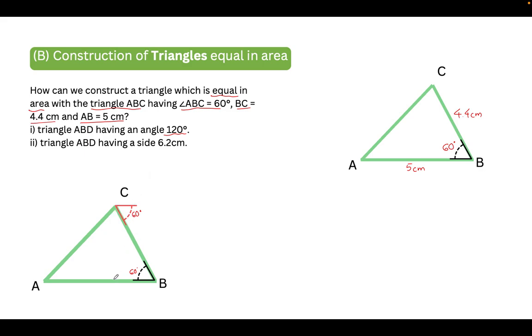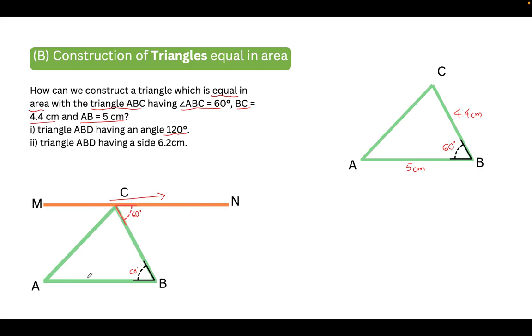So why are we making this 60 degree angle? Because we will be constructing a parallel line to AB, so that the two triangles stay between the parallel lines, because we have a condition in our theorem, theorem 3, that two triangles standing on the same base and between the same parallel lines are equal in area. That is theorem 3. So we are making parallel lines,